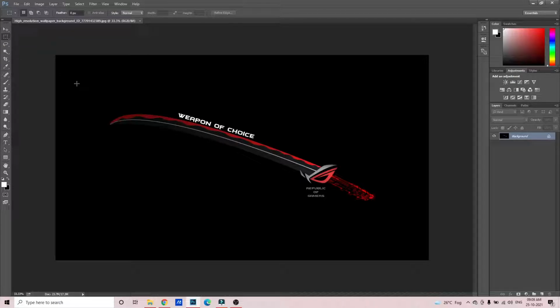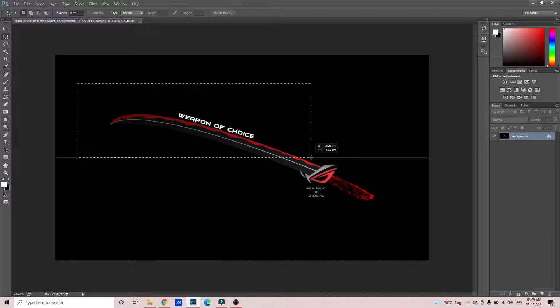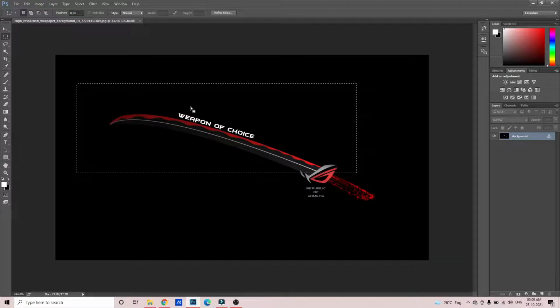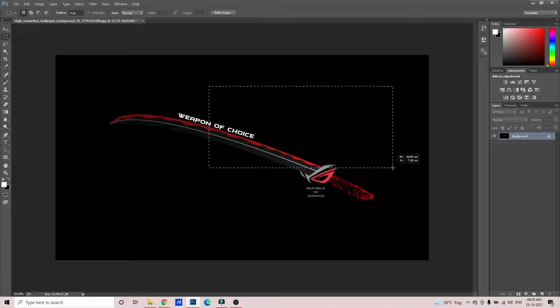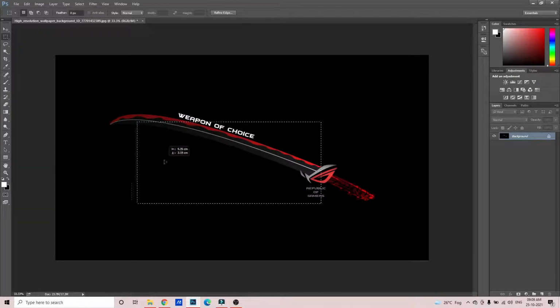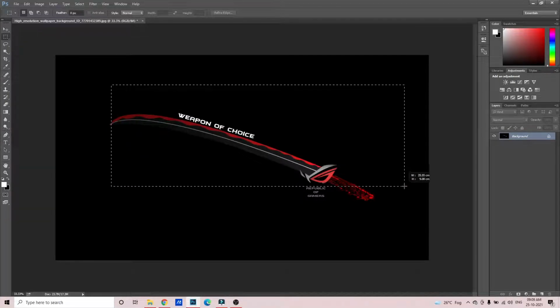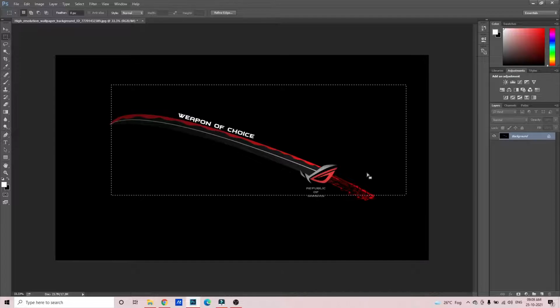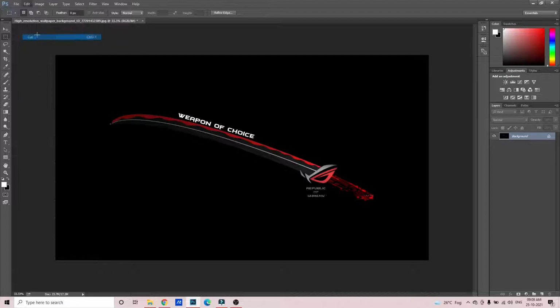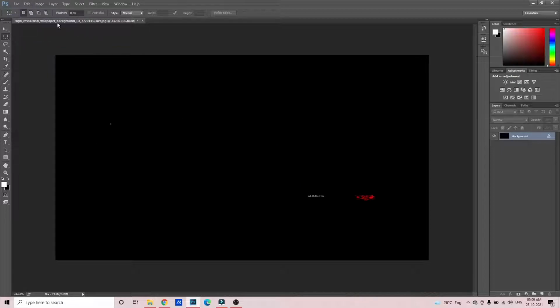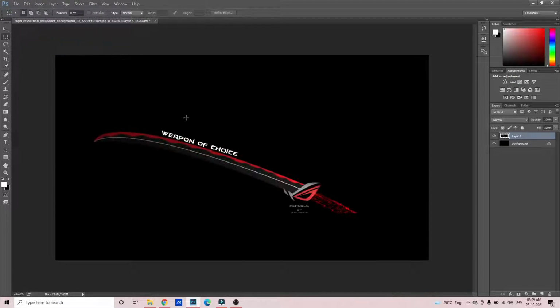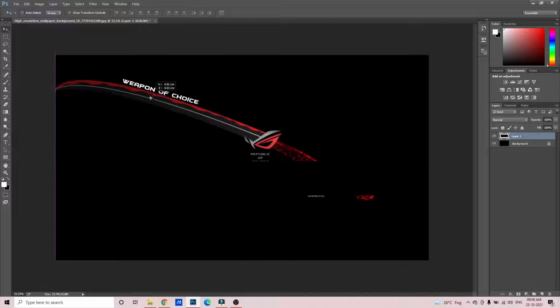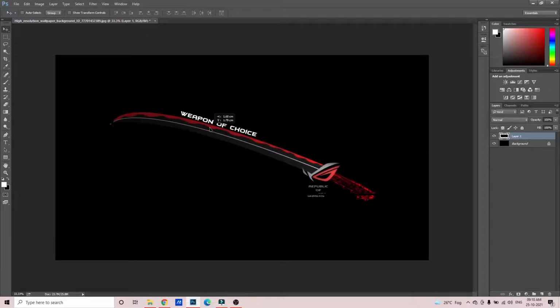If we select this, you can see that we can select rectangular parts here. So this is the rectangular marquee tool, and this is just for selection. We can select it, then go to edit, say I do cut. So this one is cut over here, and edit, paste. So you can see this is there. We can move it with the move tool. We can move this one now.